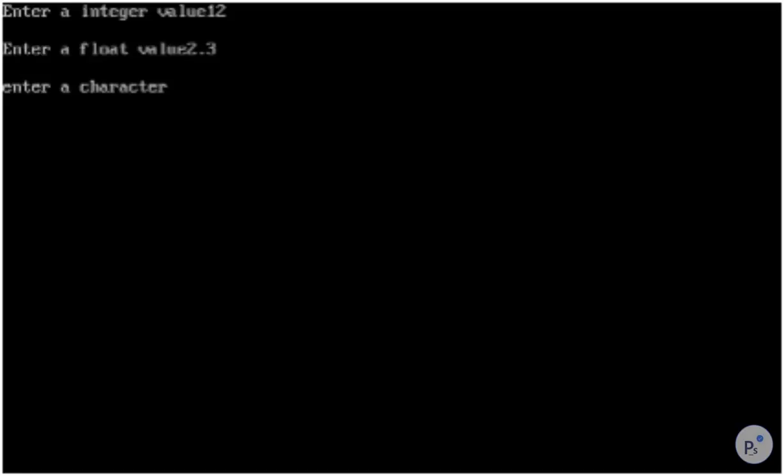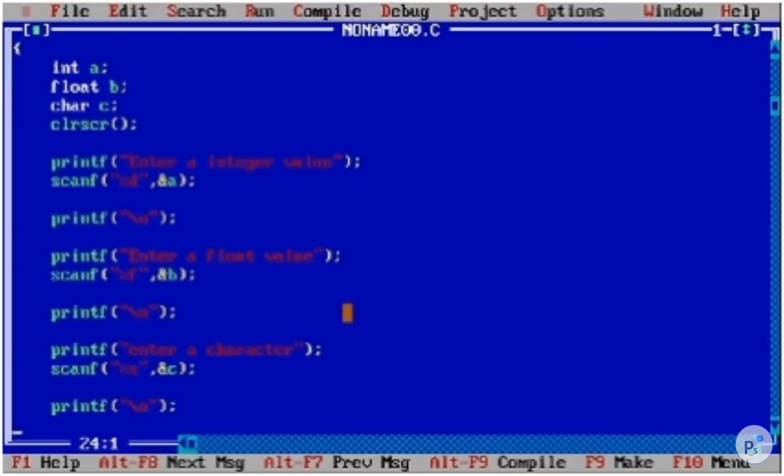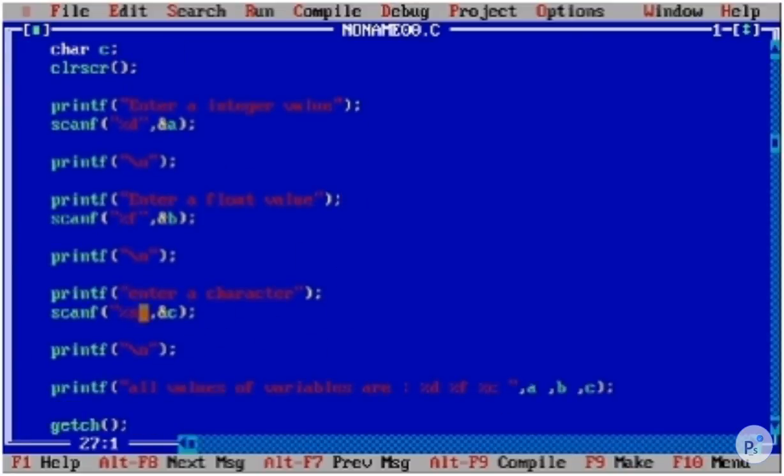Sorry for that, extremely sorry for that. Just put h as a character. So you can see here all values of the variables are 12, 2.99, the float value we entered previously. It is a rounding of that, and character h. Got it? Extremely sorry for that. For character we use %s, not %c. Okay.